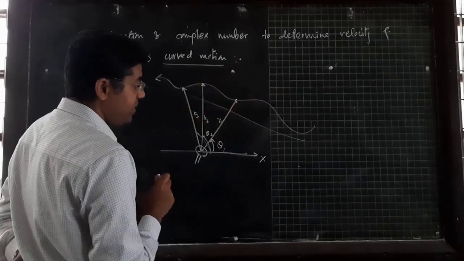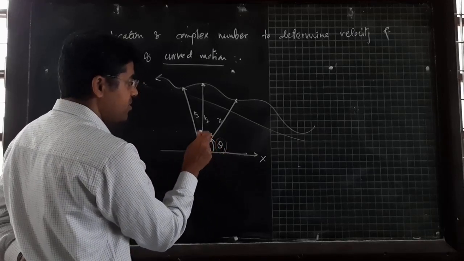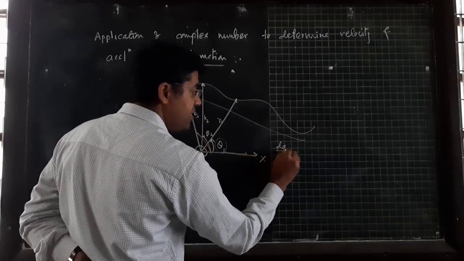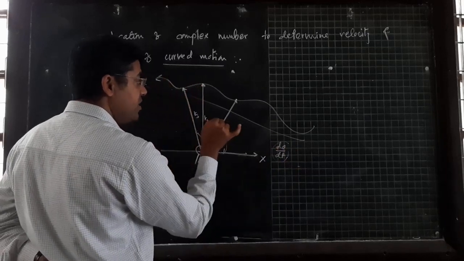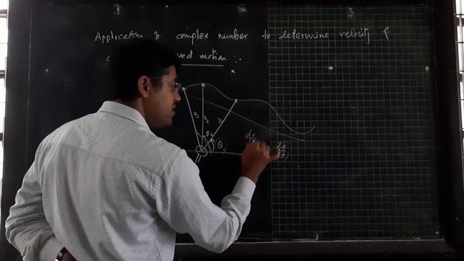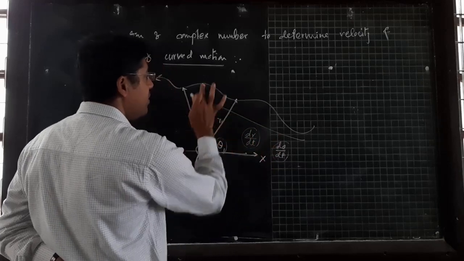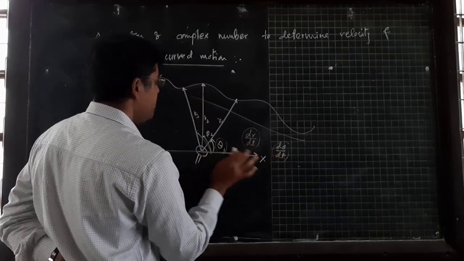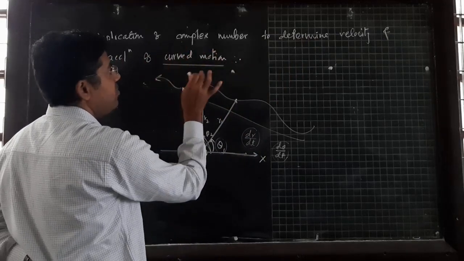Suppose we want to determine the velocity. Here your angular displacement changes, theta 1, theta 2, theta 3, so we can determine d theta by dt, which is your angular velocity. Now r is also changed, so we can find dr by dt. Using this you can find the change along r, and the contribution of both gives you the velocity component of your curve motion.